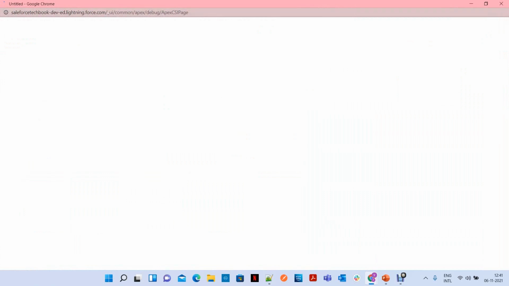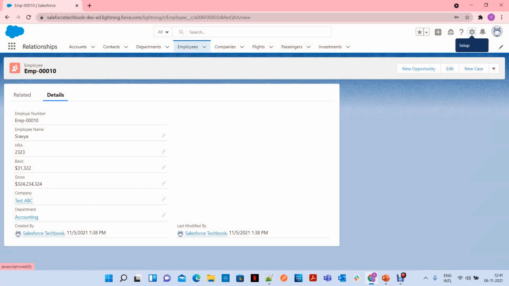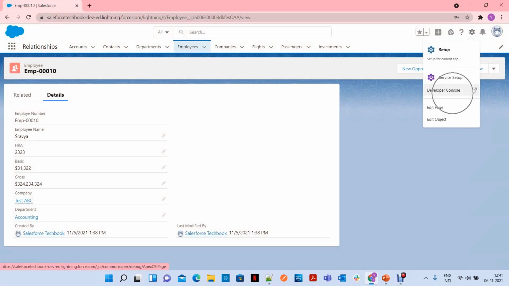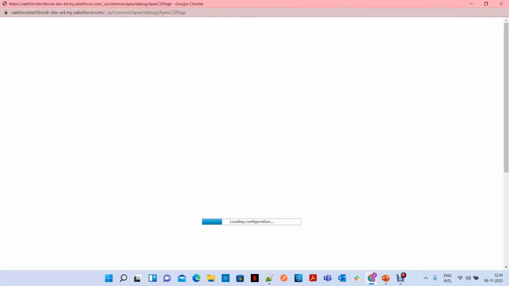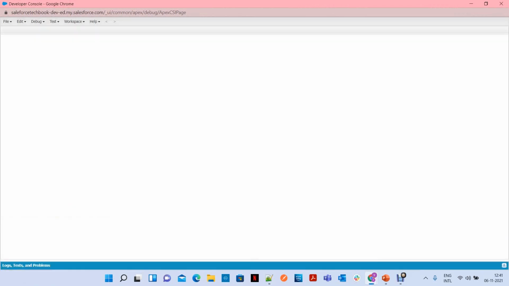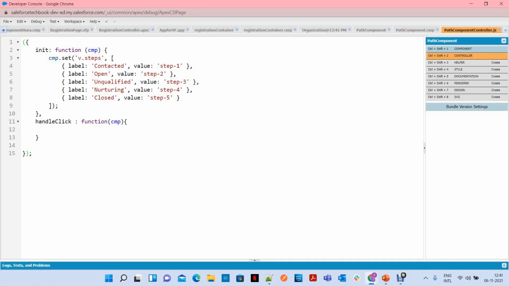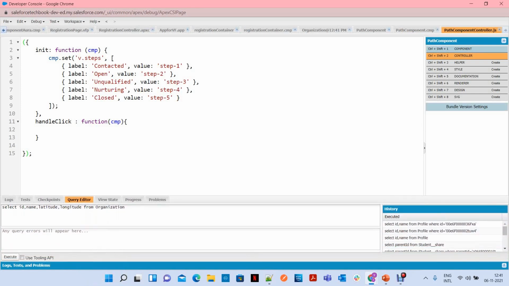Console. So here you can see Developer Console under Setup. Let's open the query editor here. Here, SELECT ID, name,